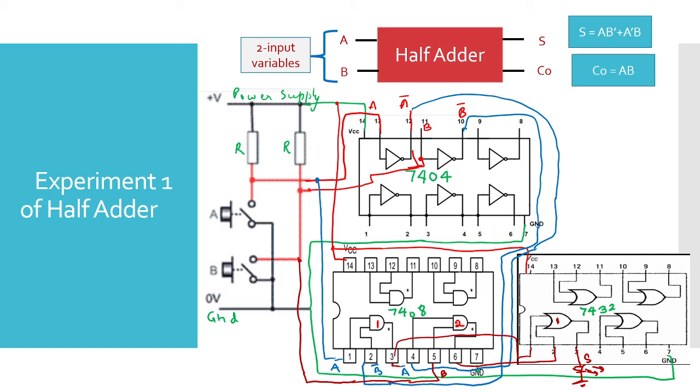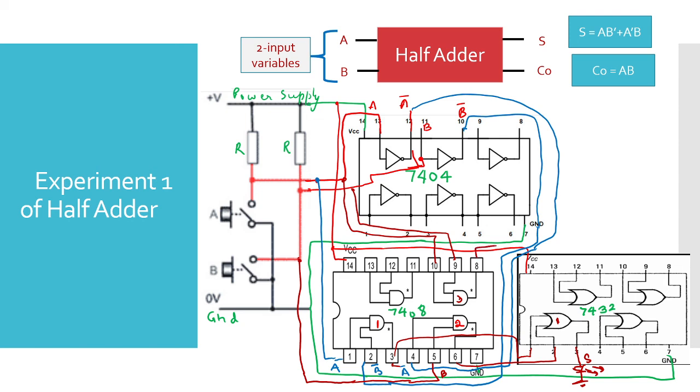Okay, one thing is remaining, that you need to get the C0. Directly, you remember what is C0. C0 is actually the output of the AND gate. So let me take this AND gate, and I am connecting A. This is my A, I am connecting with this A at pin number 10, and B I am connecting here at pin number 9. So this 3 number AND gate I am using for C0.